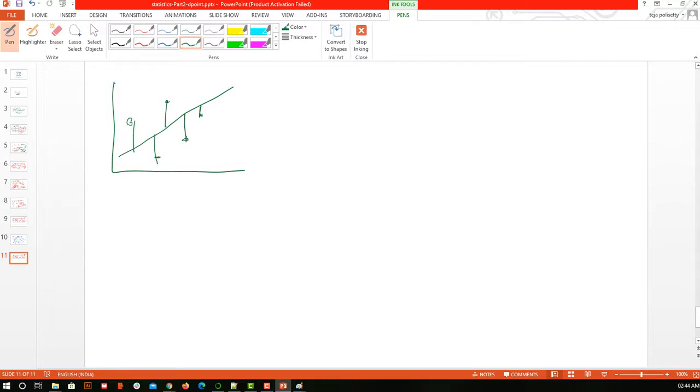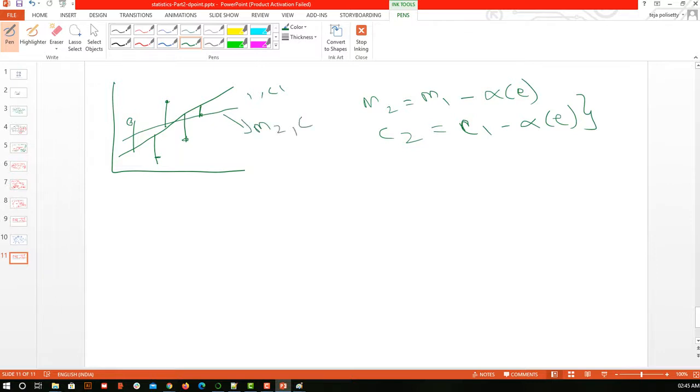All this I found, and for this my slope was m1 comma c1. Now m2 is equal to m1 minus learning rate of error. Similarly c2 is equal to c1 minus learning rate of error. So I got new m2 and c2, and based on this I am getting a new line, where my slope is m2 and my intercept is c2.